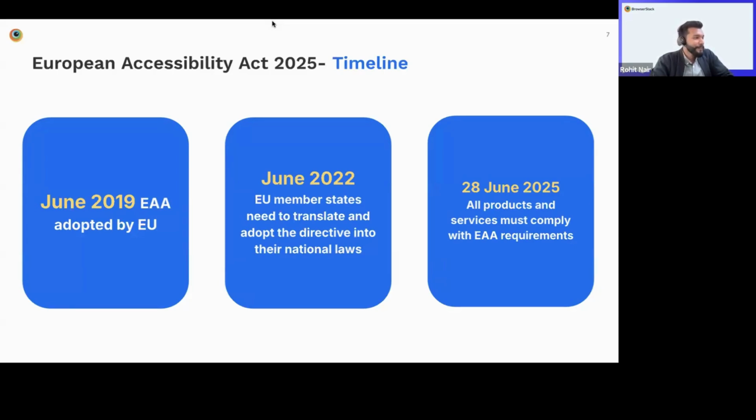Folks, you might have also seen a poll coming up regarding your accessibility readiness. It just helps us understand where you're at right now in this journey. And maybe we can pick up a few aspects from this poll and speak about it while we are having that conversation. We're just going to give it a couple of seconds till it's done.